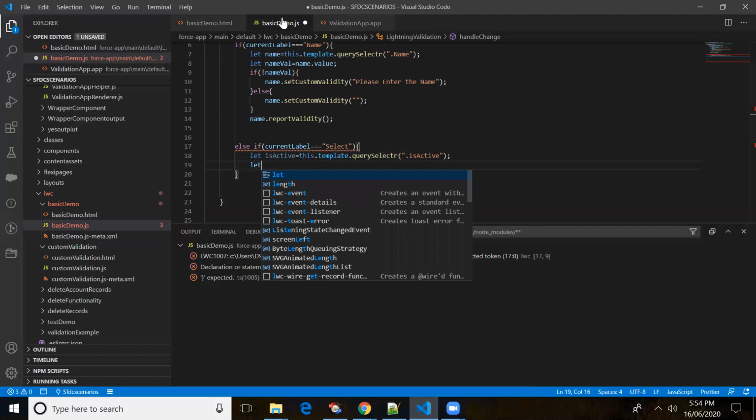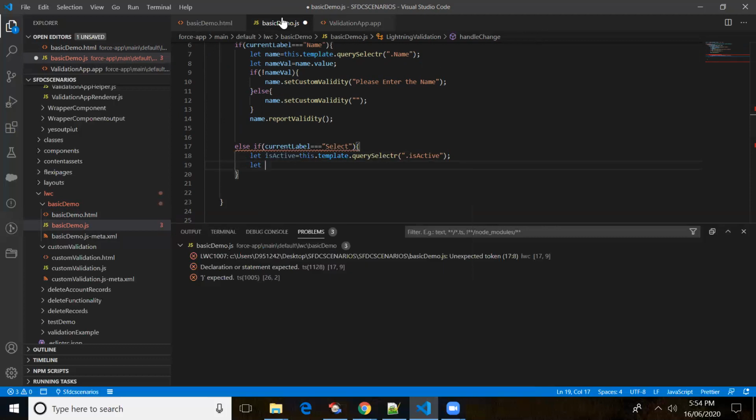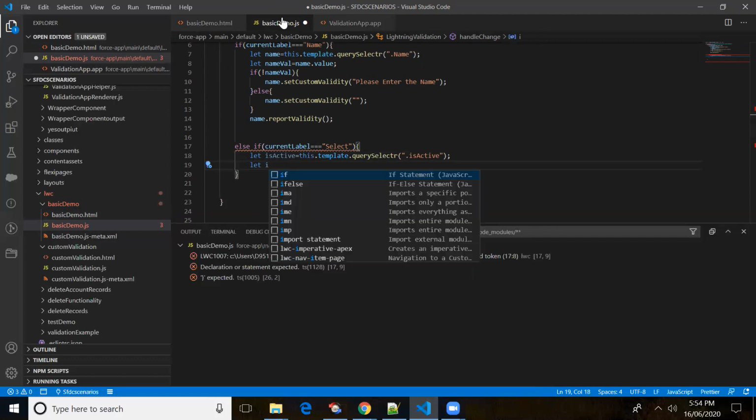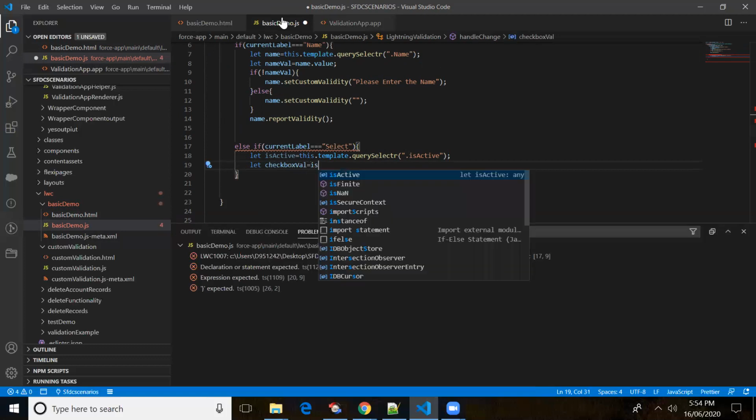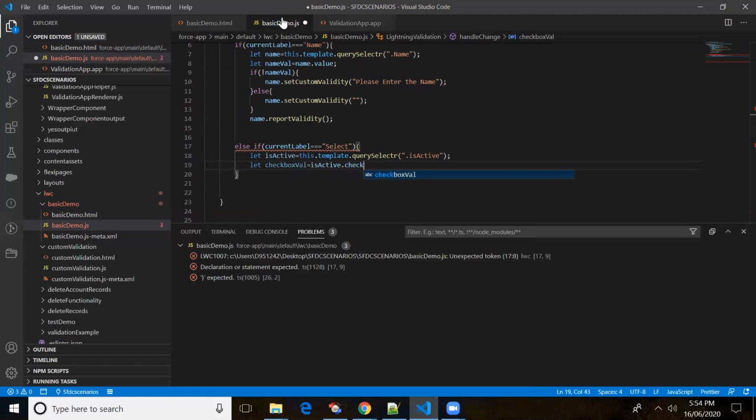Let me create a variable, checkboxValue equal to isActive.checked. Basically, a checkbox will return either true or false, it is a boolean, right? So if you want to get the value of a checkbox, then we have to use the checked attribute, right?